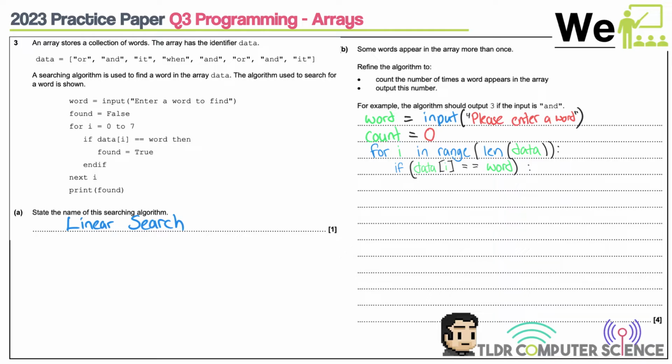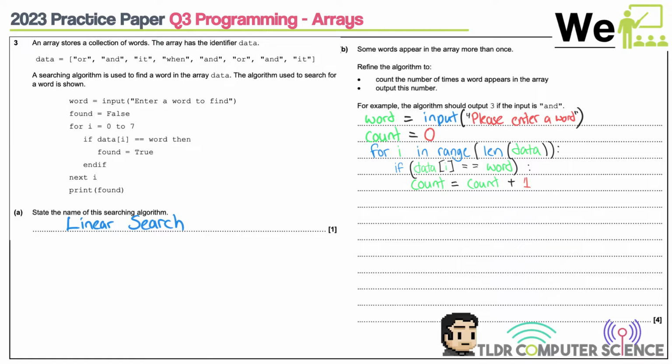What's going to be done different this time? So last time we just set a Boolean to be true. What are we going to do different this time? I'm going to add what to 1? Count. So count is going to increment. You can either go count equals count plus 1, count plus equals 1. I'm just going to, I guess I'll write out the whole thing. And then,